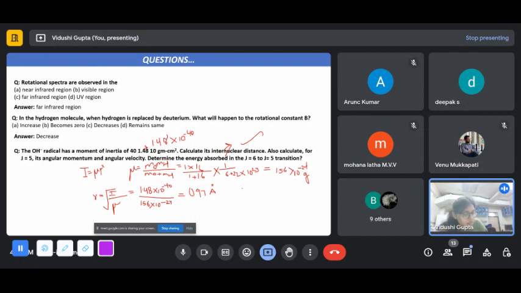You know angular momentum is L, and there's one formula to calculate it. It's under root J, J plus 1, h upon 2 pi. So now substitute the value of J. It's given in the question, it's 5. H, you know, it will be under root of 5,